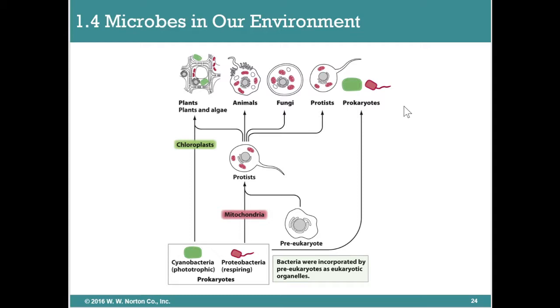Okay? And also, the reason why endosymbiosis is a favored theory is because mitochondria and chloroplasts actually have their own genetic sequences. So that's another reason why endosymbiosis is a favored theory. Okay,